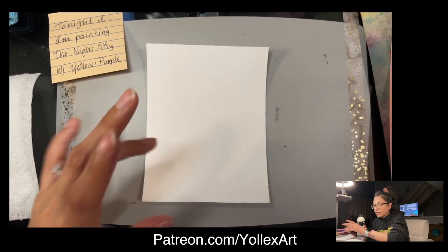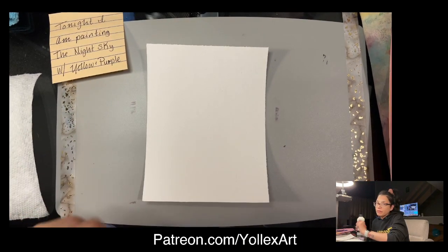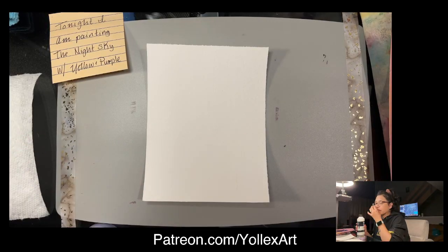And it's so nice because the paint, since I'm using cheap paint, is very watered down. The pigment is very, very poor. So I have to put a lot of layers on, honestly. And I'm sure if and when you hit me up on Patreon and help me get my art supplies, maybe I can start using better paints and you get to see the differences. You can have some before and after videos of good paint versus bad paint. So anyways,